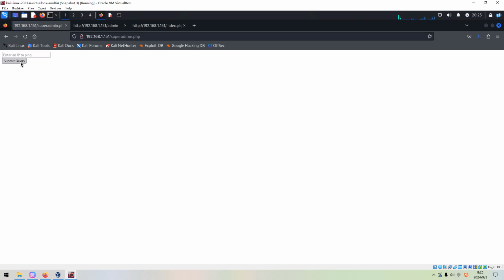But in this case it's not correct, because for certain the first part would be successful. So we can put an inaccessible IP address like this one, and id.